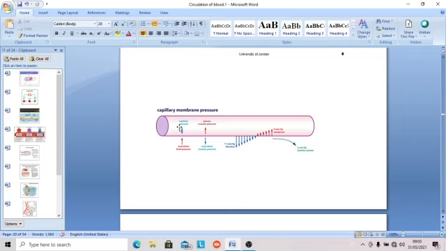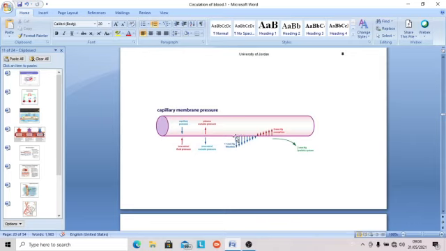The capillary hydrostatic pressure, the blood pressure of the capillary, will try to push the fluid out. In the same way, interstitial pressure here tries to push the fluid in. But the osmotic pressure is different. The osmotic pressure of plasma will try to retain the fluid here. Interstitial osmotic pressure will try to retain the fluid in the interstitium. So ultimately the balance of pressure is 11 millimeters of mercury, a net pressure out of all four pressures. These are called Starling forces. The net pressure is outwards.